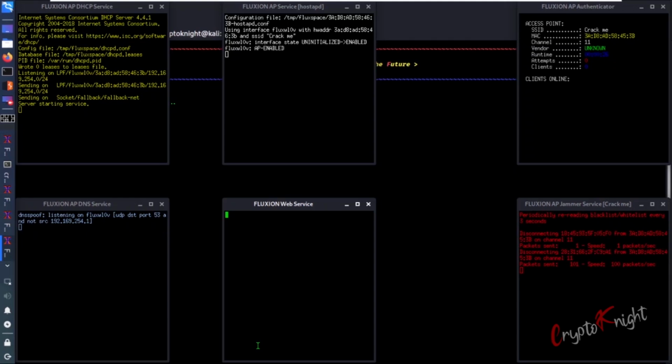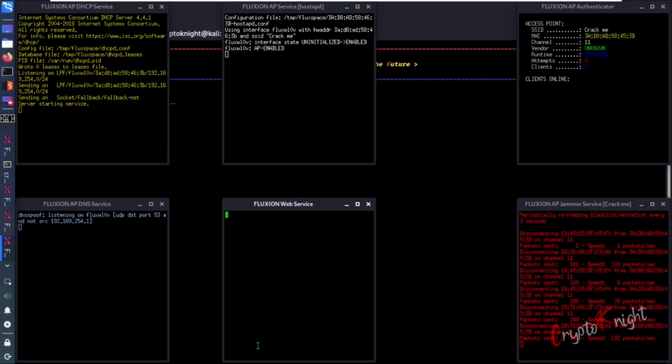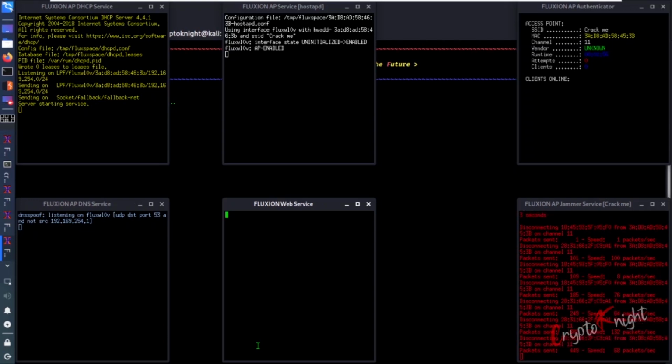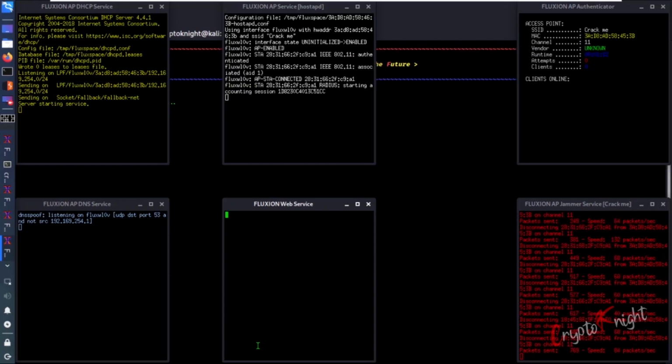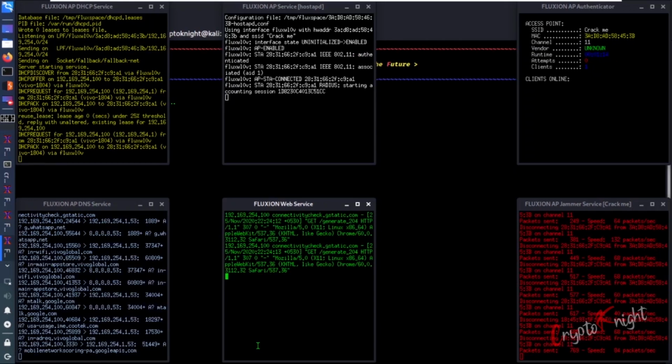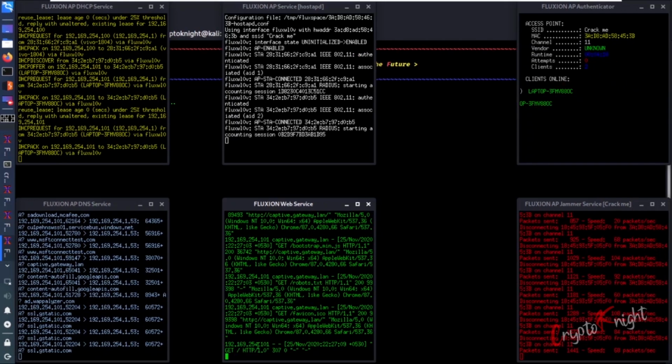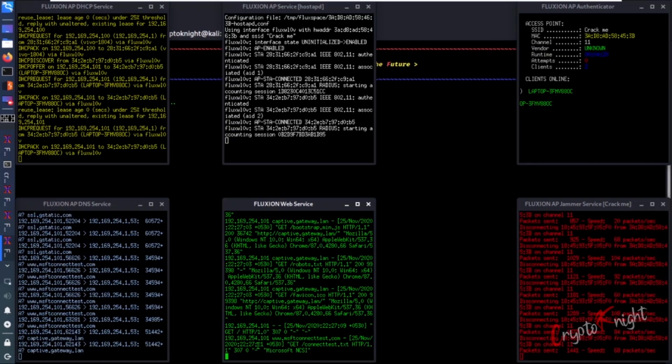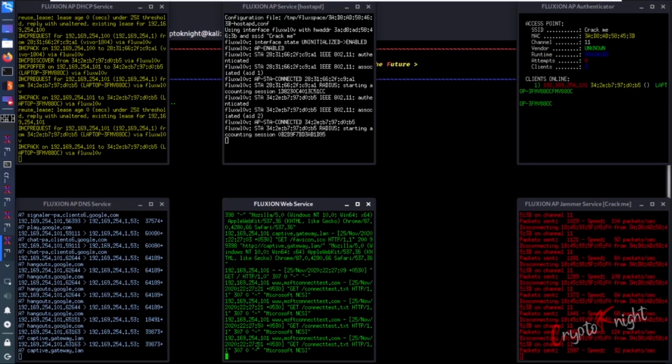Now if on your mobile or any other device you look at the access points, you will see two crackme networks. One will be locked and one will be an open Wi-Fi. Click on the one that is open, because if you click on the locked one, you won't be connected because of deauthentication. Now the user has to click on the open Wi-Fi which is not locked. As soon as he clicks on it, you can see some activity over here. In another laptop, I have connected to this fake crackme, and then it shows me a router config page.